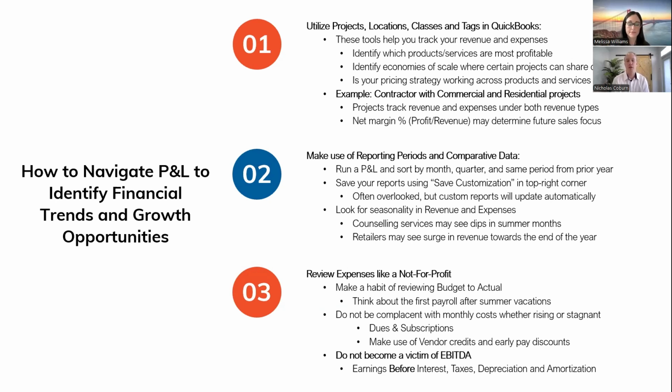The example I gave here is working with a not-for-profit. We often would say you'd have grant funding coming in, you'd have registrations coming in, and then they need to run a summer camp. And then you're looking at the summer and you're thinking, yes, we're going to make it, cash is going to make it. And then all of a sudden the question is, wait a second, what about that first payroll in September? And then you get all sorts of brainstorming going on, and it's like, well, we'll have some registrations coming in, and maybe we can use those for the summer camp. And it's like, no, you don't want to be dipping into those revenue dollars in the summer months.